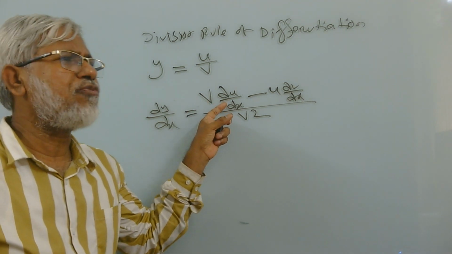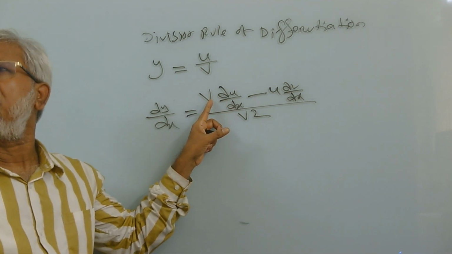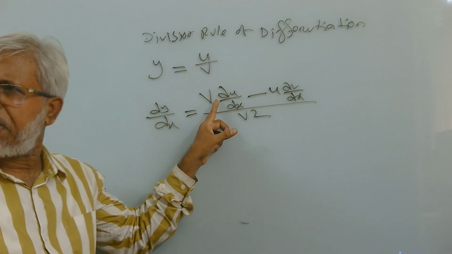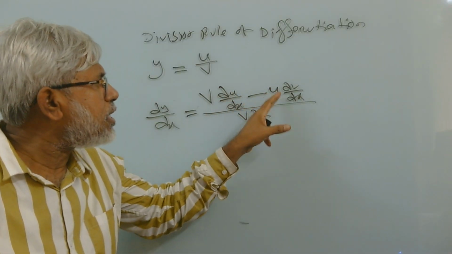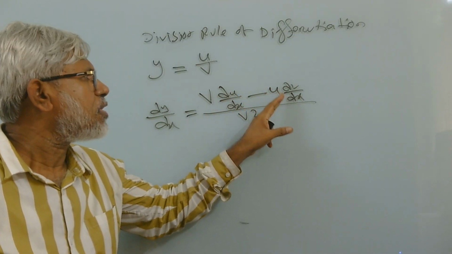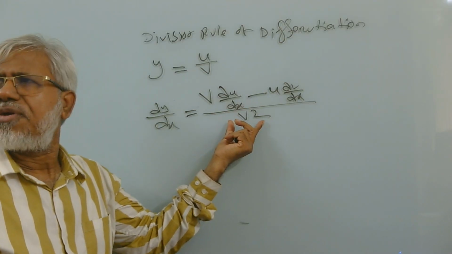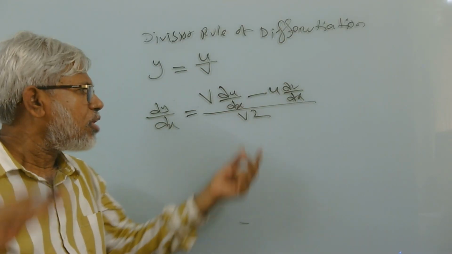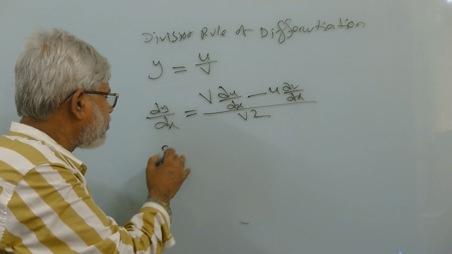v এর সাথে কিন্তু কি ফর্মে আছে? মাল্টিপ্লাইড ফর্মে আছে। কোন ফর্মে আছে v এর সাথে? মাল্টিপ্লাইড ফর্মে। মাইনাস u dv by dx divided by v square. এখন এক্সাম্পল